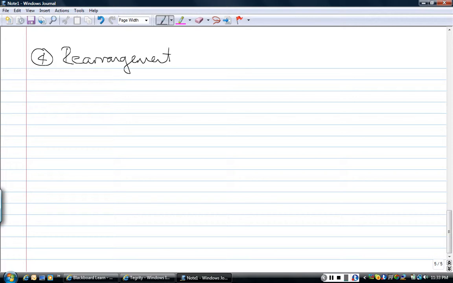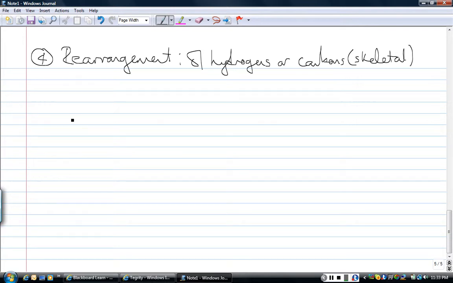And rearrangement reactions can involve rearrangements of hydrogens in a molecule, or carbons, in which case this one is called a skeletal rearrangement. So for example, I could have a reaction in which I take this compound